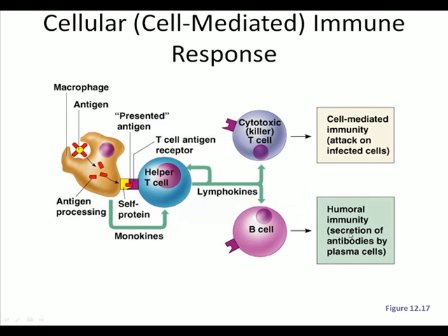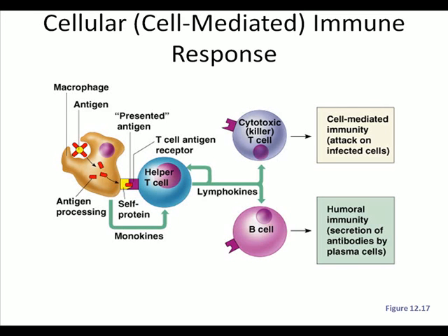So we've talked about the humoral arm of the specific immune response. That's the arm that has B cells and makes antibodies to go out and find the antigen. There is also a T cell arm of the specific immune response, or the cellular arm. In this case, the cells actually have the receptor that recognizes the antigen on their cell surface. They don't secrete it to go out around the body. The cells themselves go out around looking for